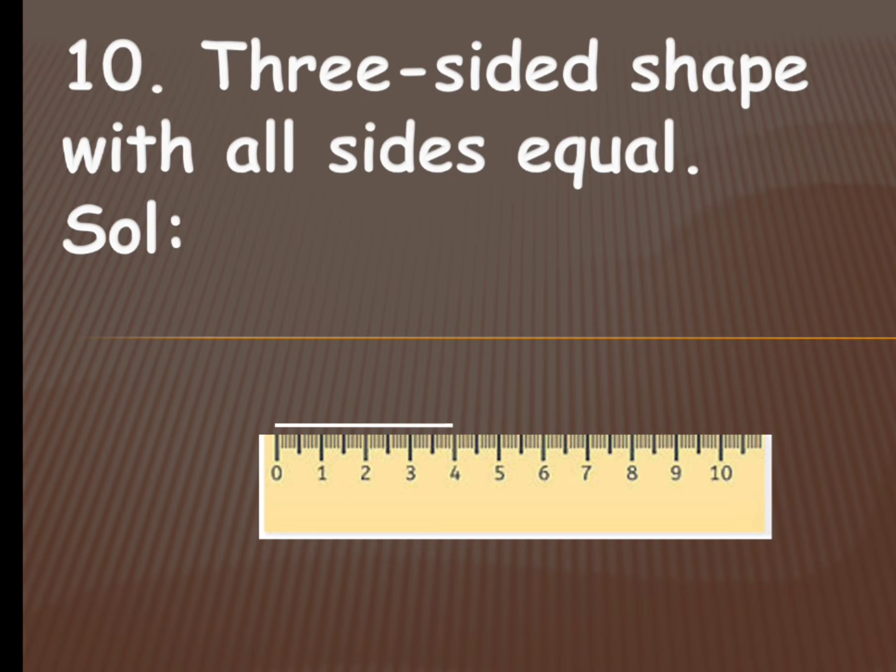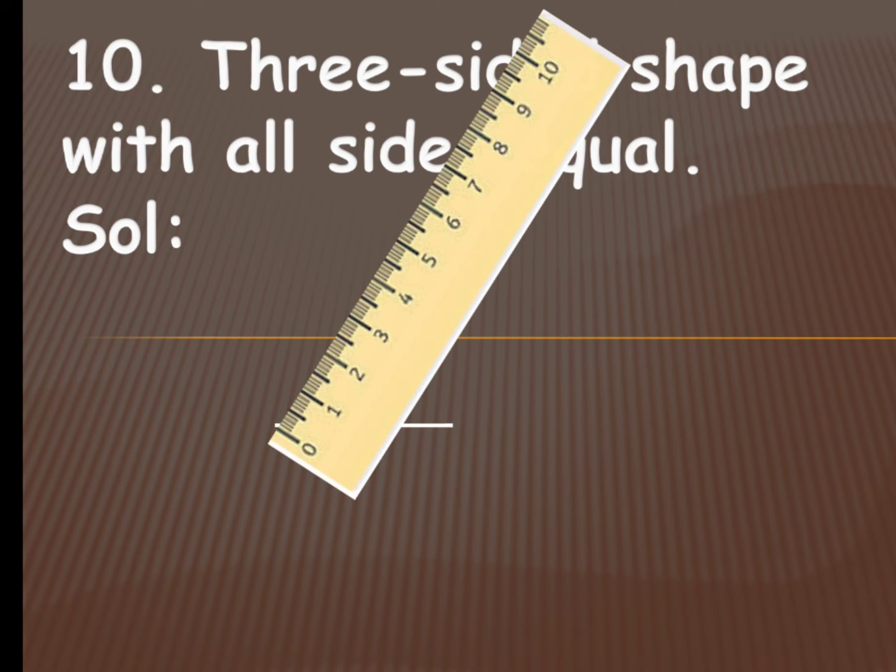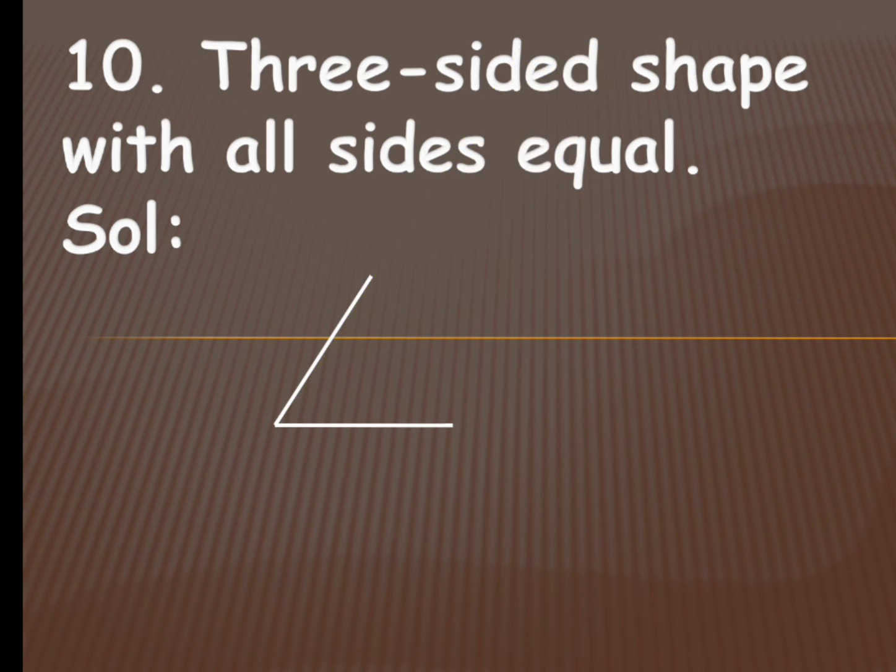Okay, so 4 centimeters I have drawn. Now I'll remove the ruler from here and place it in such a way that 0 coincides with one end of the line which we have drawn already, and I'll draw a line segment which is 4 centimeters. Okay, now I'll remove it, and now I have to join these two